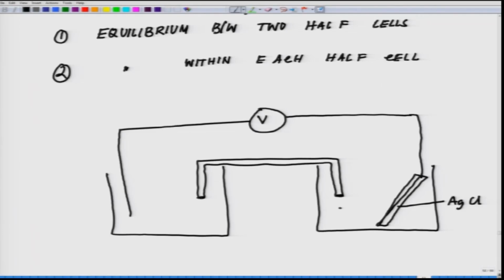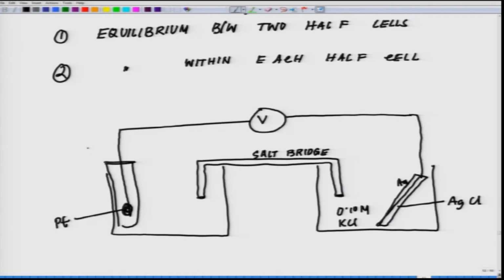And this is in 0.10 molar KCl. Okay. This is Ag. Okay. And this is your salt bridge. And here you have the typical hydrogen electrode with a platinum, and you have hydrogen at 1 bar,